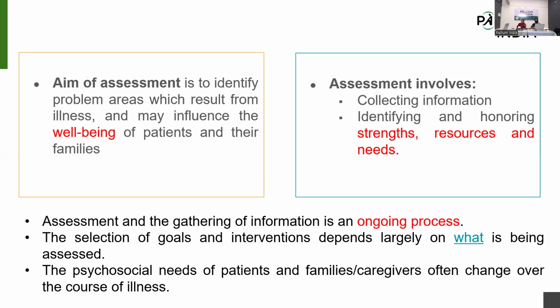See, one time the patient might have been the breadwinner, but as the disease condition progresses and the patient's condition deteriorates, he is not able to work, he is no longer the breadwinner, and we come to know that he is not able to provide anything for the family. So this assessment is going to be an ongoing process. We might have to repeat it every 6 months, or at least every year, so that changes can be made.